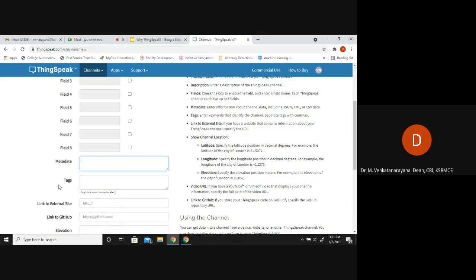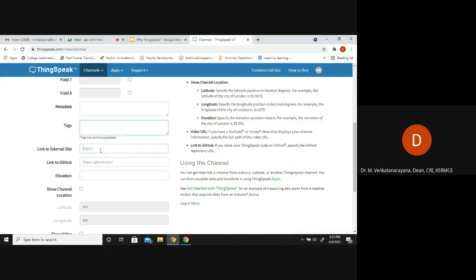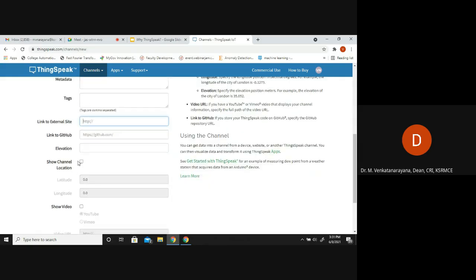So metadata, tags are comma separated, and link to external sites. If you have a URL, you can link to GitHub, and elevation.